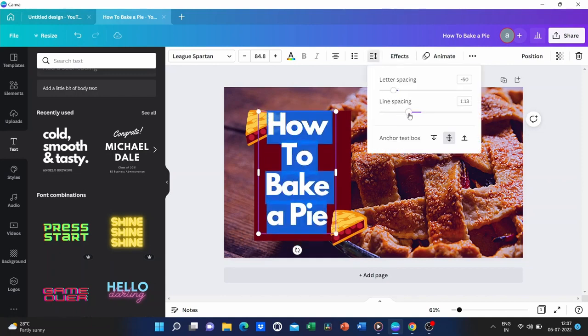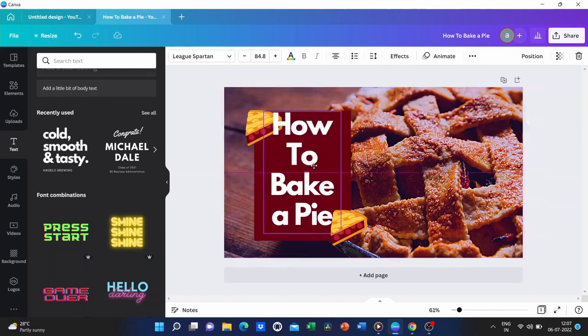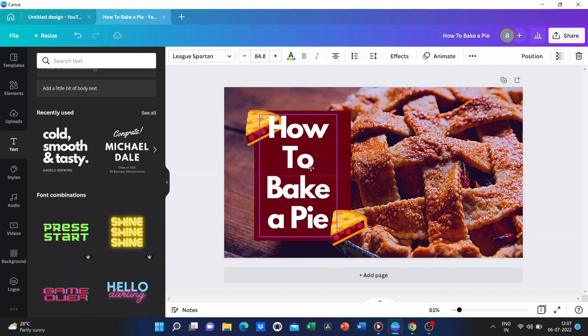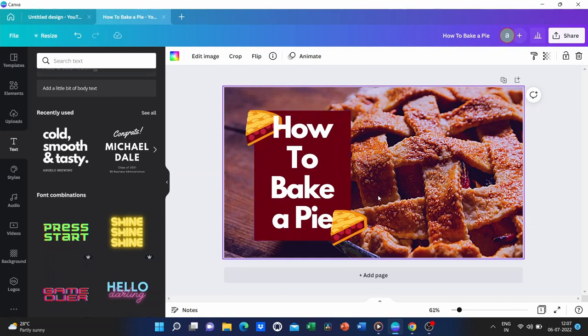And then if I want to drag this text, what I can do is just drag it like so. And as you can see, there's alignment grids already in place when I move this, so I can align it just by dragging to the red box. So as you can see, the text and the square are now aligned.